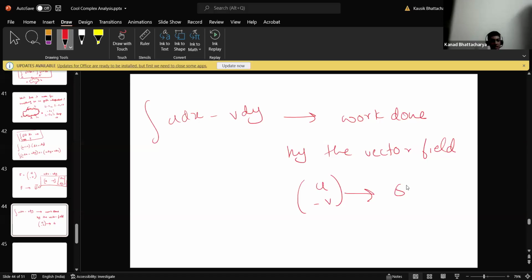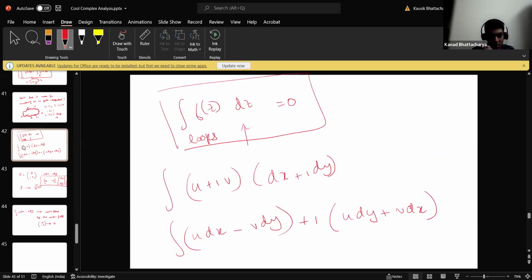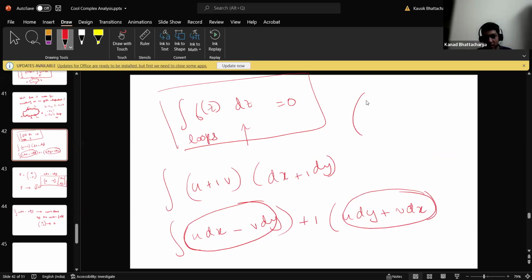So if you look at these interesting vector fields which are generated while trying to do these integrals around this, like these expressions, if you look at the vector fields u minus v and v comma u, the work done